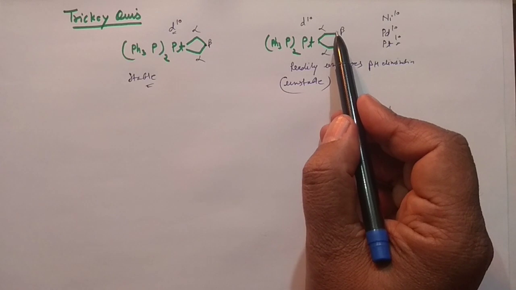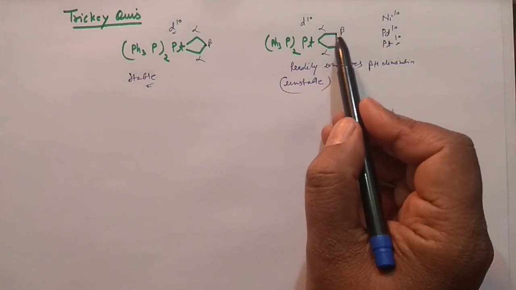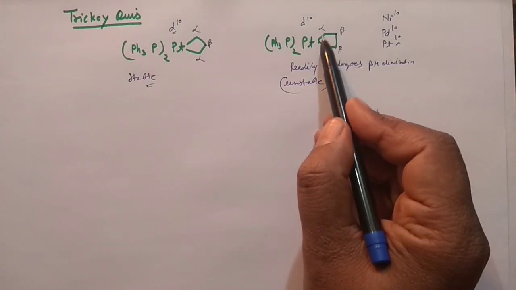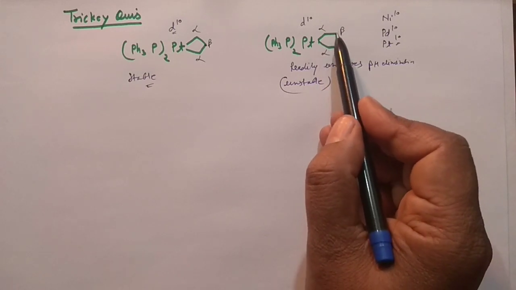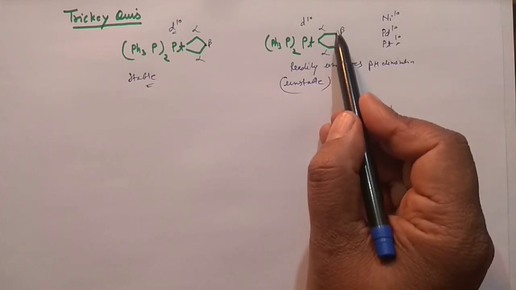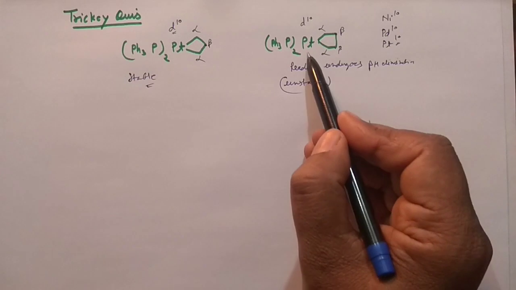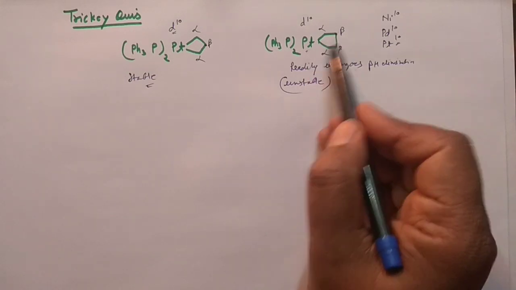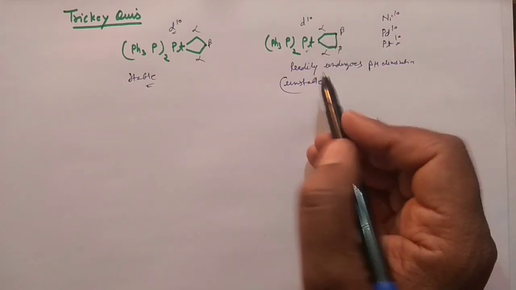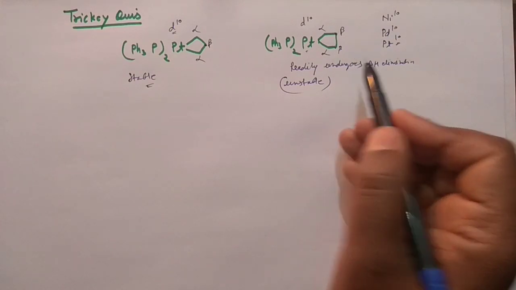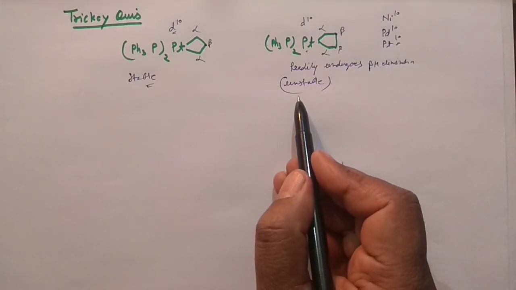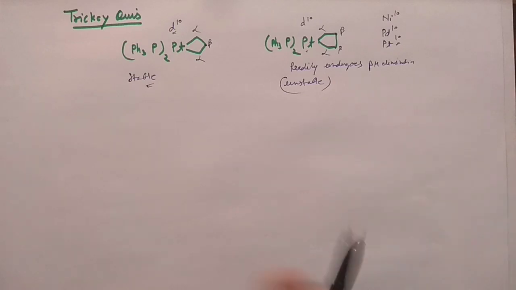And if your ring is a 5-membered ring, or a 6-membered ring, it will have less strain. When the strain is less, there is always a chance that the beta hydrogen and platinum have some coplanarity with cis relationship, so they will undergo the beta hydride elimination reaction and they would be unstable. So these are some important points which you have to keep in mind.